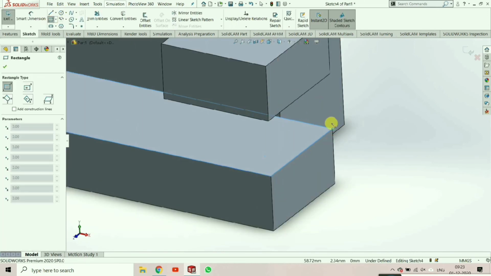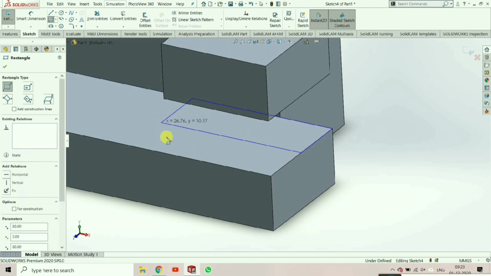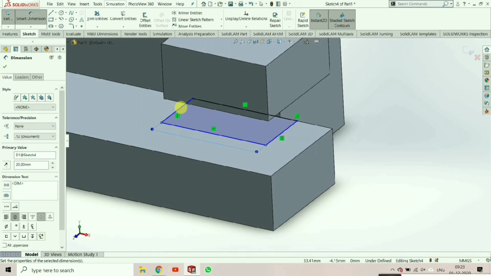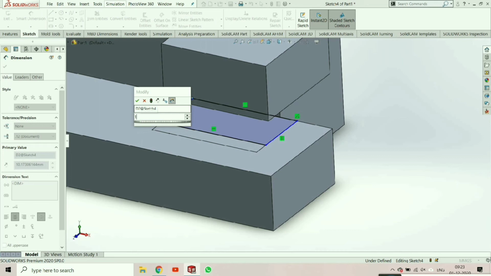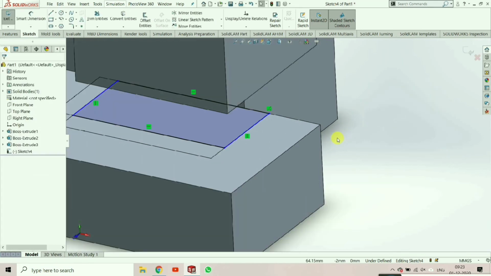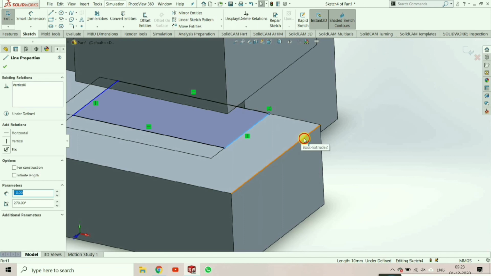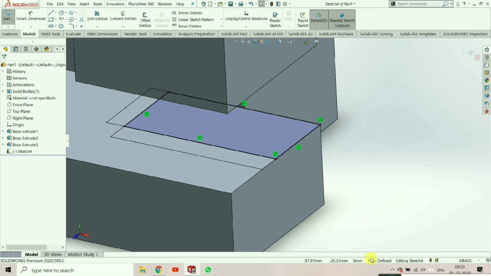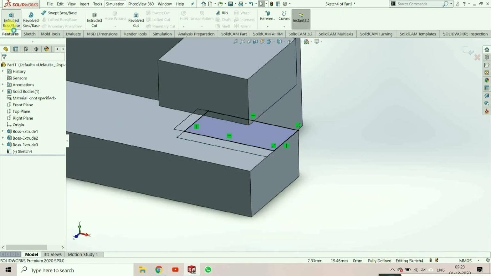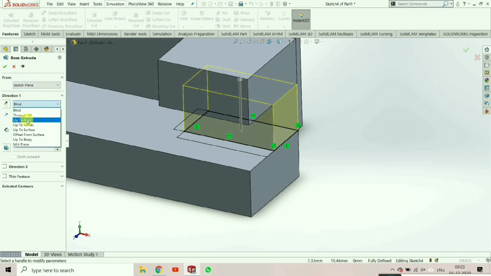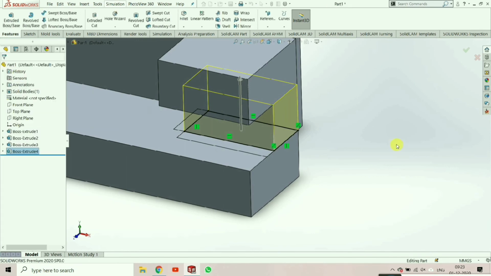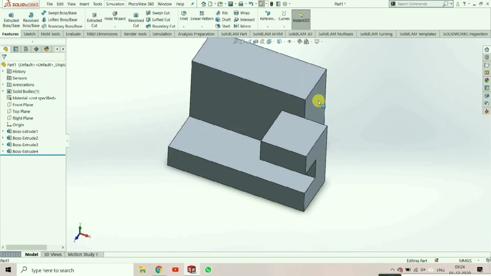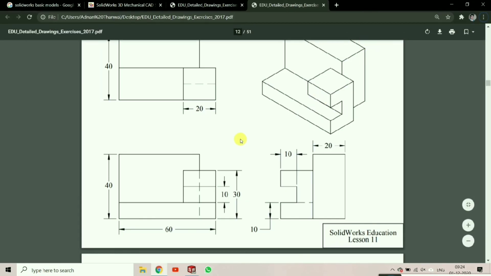Select the plane face and make a sketch. I'm going to do a 3D sketch. Give dimension, 10 mm. Select, then hold the Ctrl key and select the lines and edge and make them collinear. Now our drawing is completely fully defined. You can see here, all sketches should be fully defined in 2D sketch in any software which you are going to use. Extrude up to next, it will automatically get the next edge or next face. Now our part is ready.